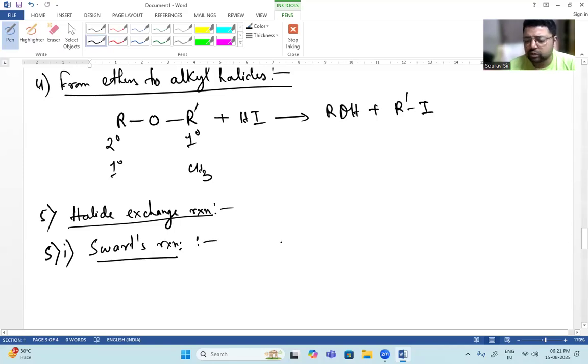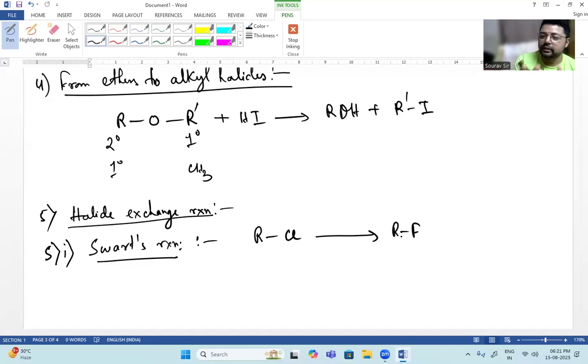So what is Swarts reaction? Suppose you have an alkyl chloride, and now you want to make alkyl fluoride from it. If you want to directly make alkyl fluoride, it will cause a huge explosion. A massive explosion will happen here, and that means it will be a hazard in the laboratory to directly prepare alkyl fluorides,